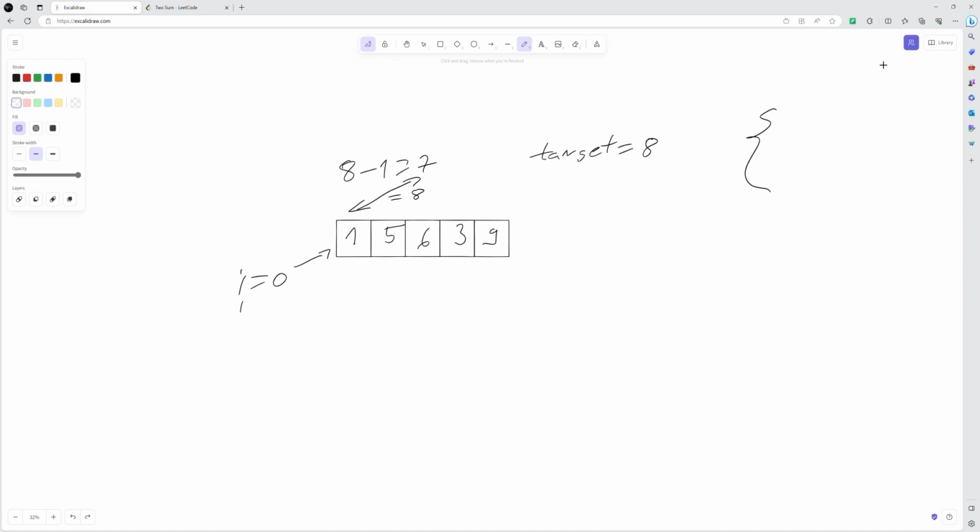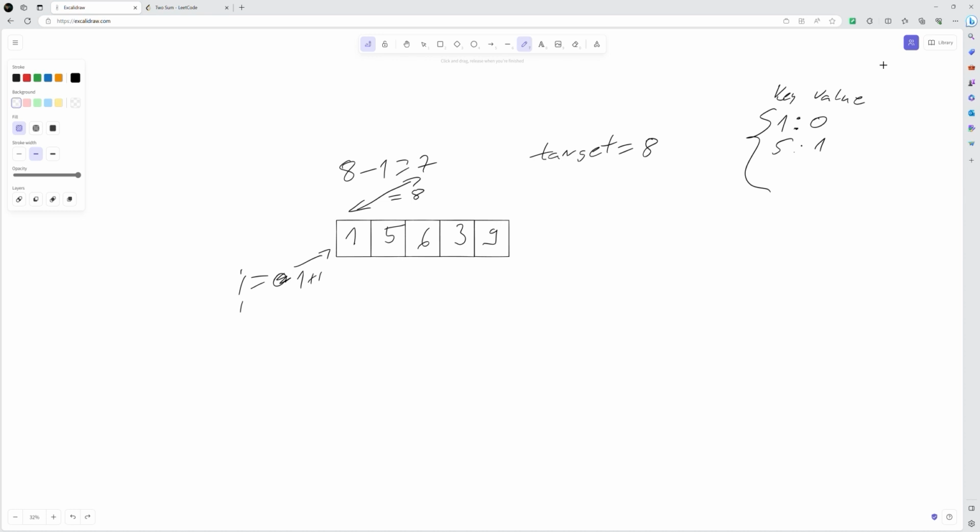Then, as we iterate in a regular for loop, we move the index to the next element, which is 5, and we check for number 3, whether it's inside the hash map. So for the hash map, we have to declare the key and the value. For the key, we can use the array element. And once we find its pair, what do we want to remember? We want to remember the actual index of that element, because we want to return the current index of the current element, and the index of the element that, when added to the current element,